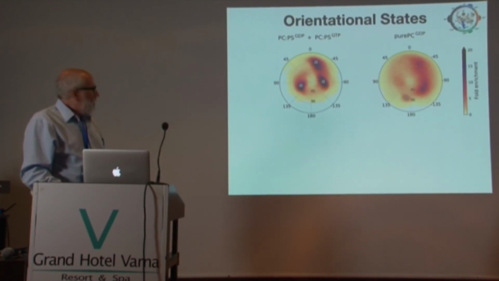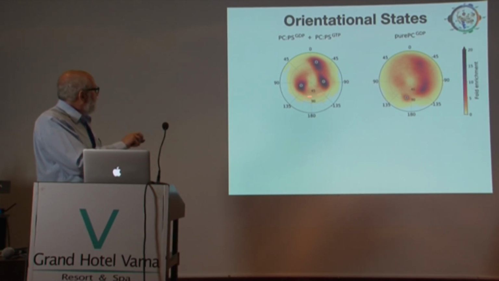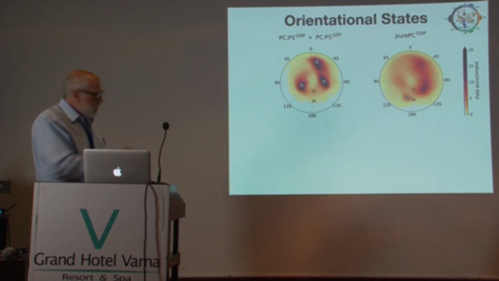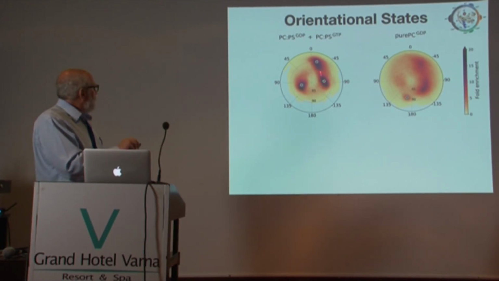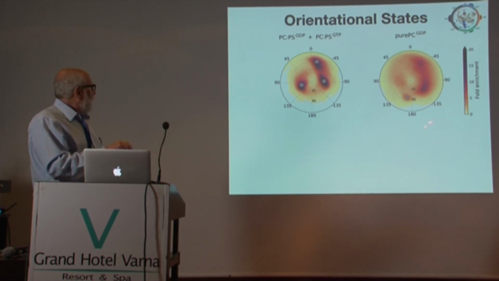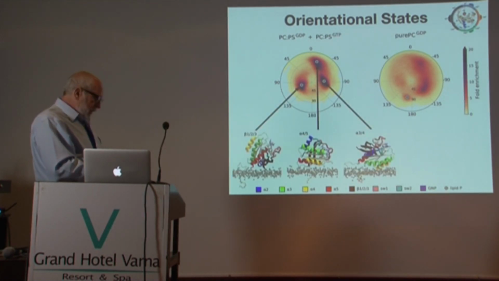So structurally, there are three basins that we can identify when we have PCPS, and there's that basin that we do not see here. These two basins are similar to that one, and this fuzzy one is similar to that one. So I'm going to describe how these three basins are structurally, and then what this one is structurally. If we look at the secondary structure of KRAS, we can